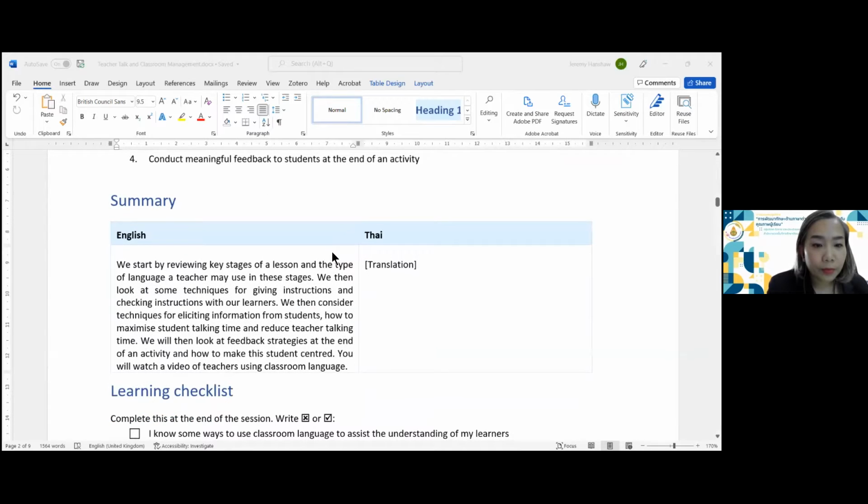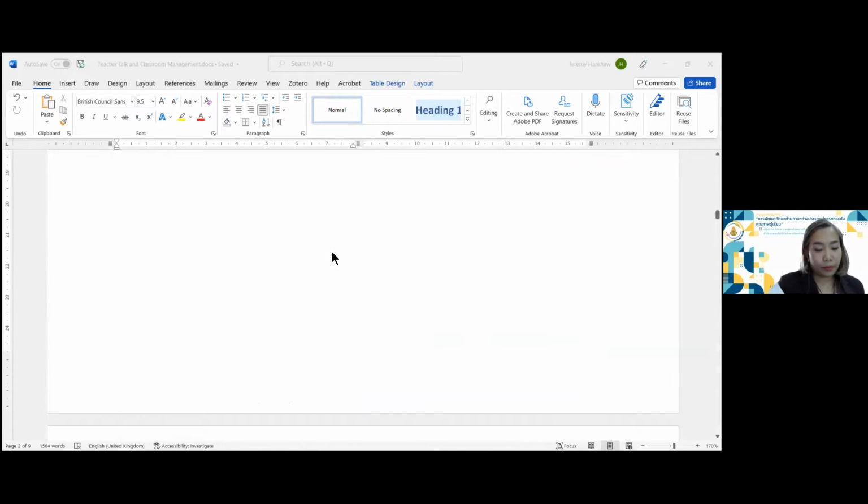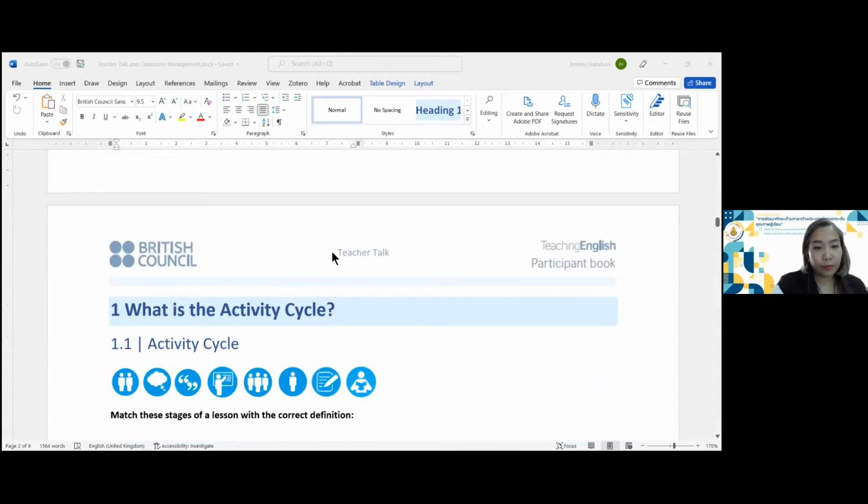And we have a summary, which you've probably already read. And we have a learning checklist, which we can have a look at the end to see if you have done all that. Now, in this particular session, I'm planning to act as a facilitator. So I will be asking you to work on your own, to think about things, and also to contribute.